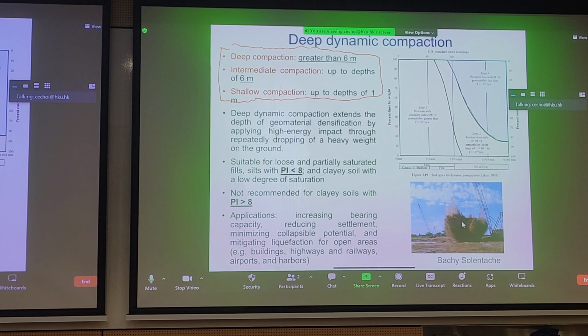So there's less calculations we can do for this particular part. But it's nice to know that these options are available for you if you're a geotechnical engineer for a particular project. Now, deep dynamic compaction relies on very high impact energy so that you can get to the depths that